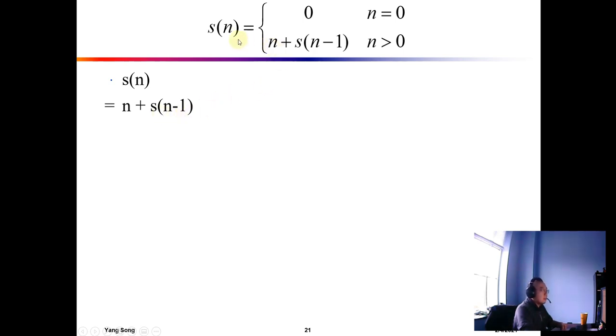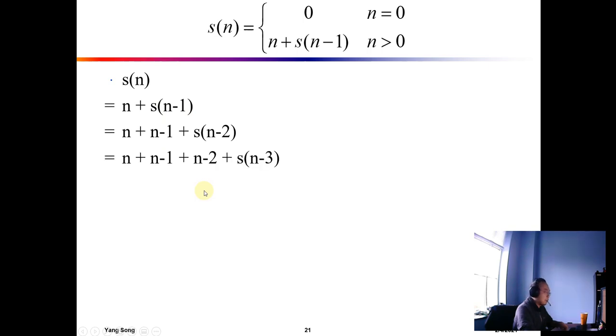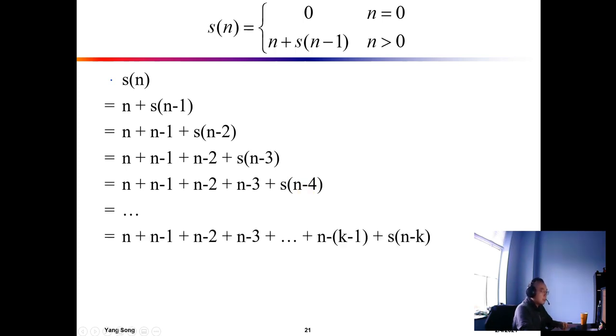So this n, this n, this n, and this n will all be substituted by n minus 1, and then we will have this. This Sn minus 1 will be substituted by this part. This time I didn't do the massaging and just went on, and I substituted Sn minus 2 with n minus 2 plus Sn minus 3. So I go on one level and one more level, and when you see the pattern,